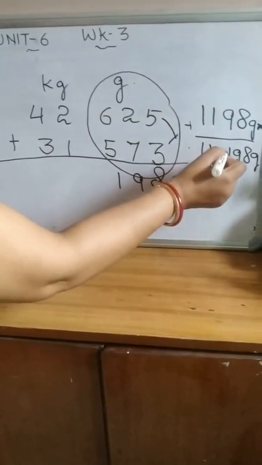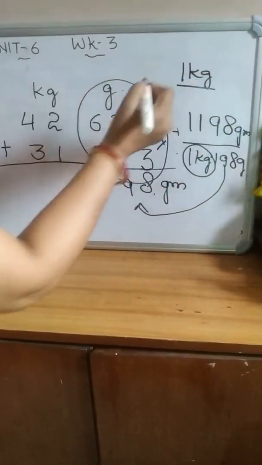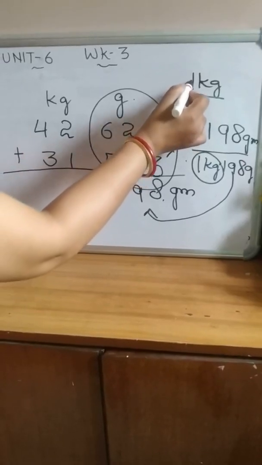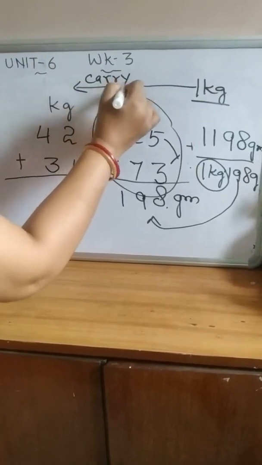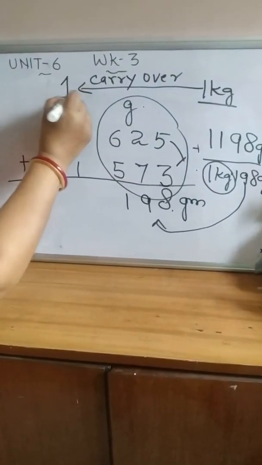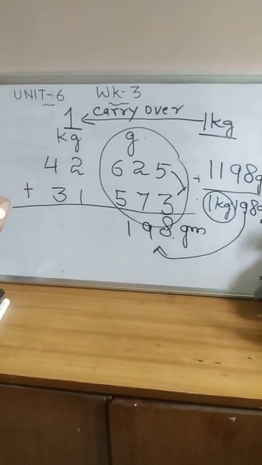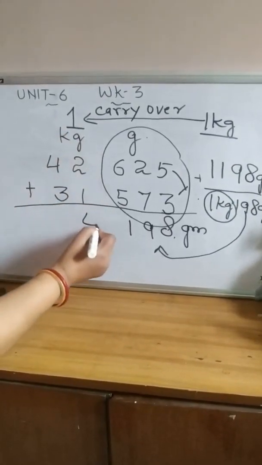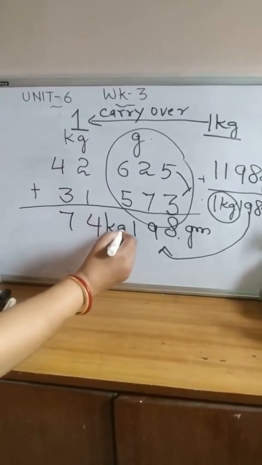And what about this 1 kilogram? This 1 kilogram will go as a carryover. We will take this 1 kilogram as a carryover in the kilogram column. So here it is 1. Now we will do 1 plus 2 plus 3 plus 1, 4. Now add 4 plus 3, 7. So it is 74 kilogram and